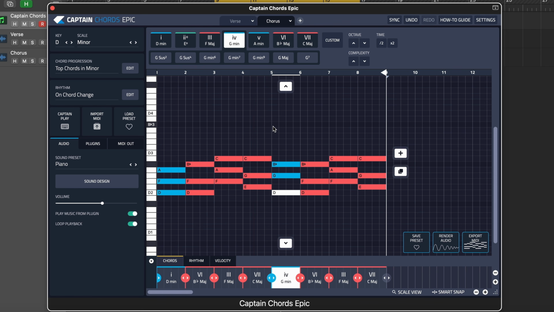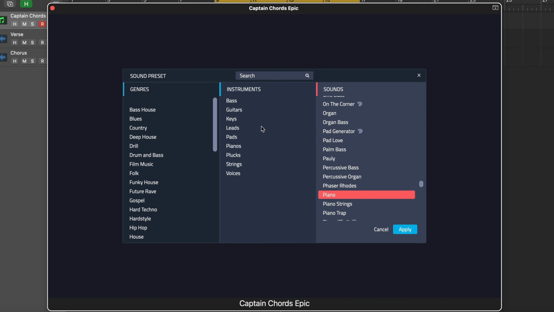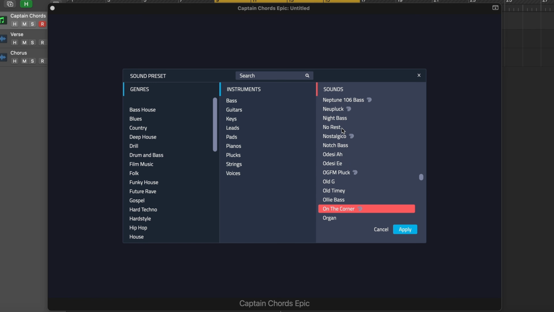Yeah, yeah. That's not bad. And also we've added more sound presets in the new Captain Plugins Epic 7, and these are Phase Plant sound presets. If you use Captain Plugins Epic a lot, then you'll have your favorite sounds and you'll see some of these new plucks, like this one, which is definitely a new sound. Let's give that a try.